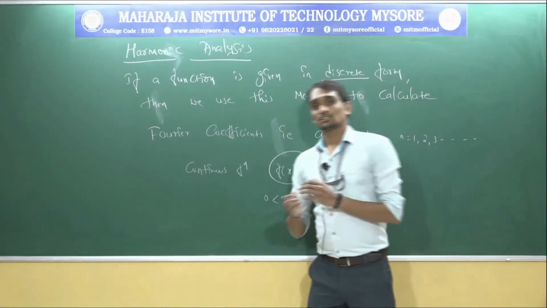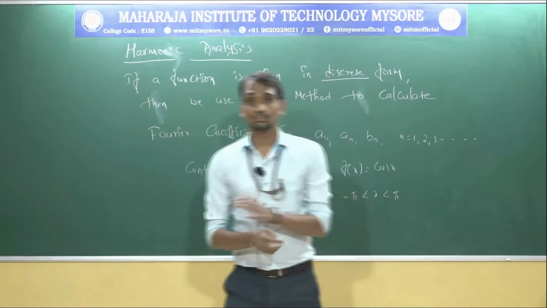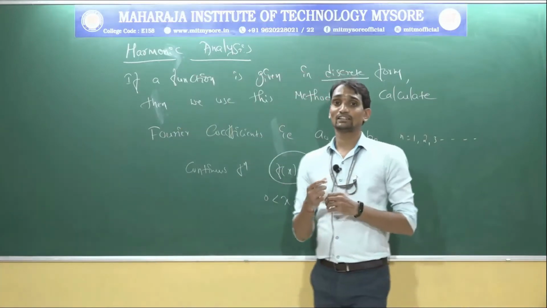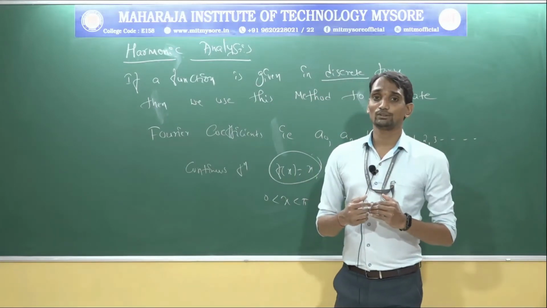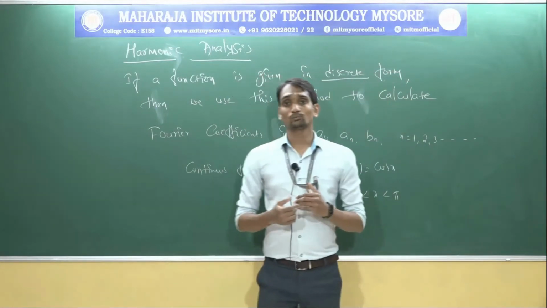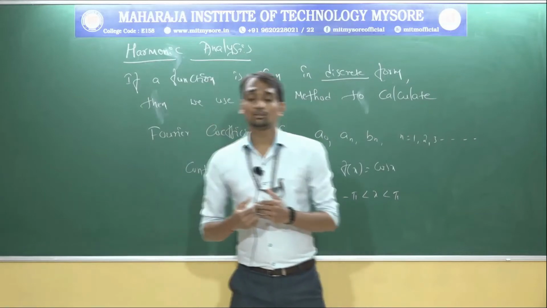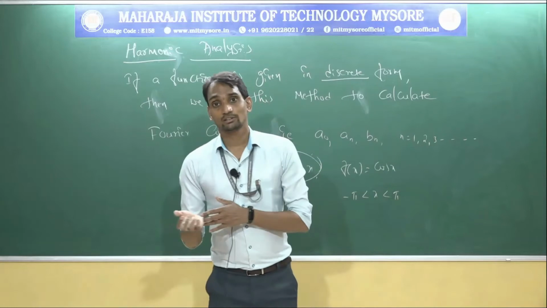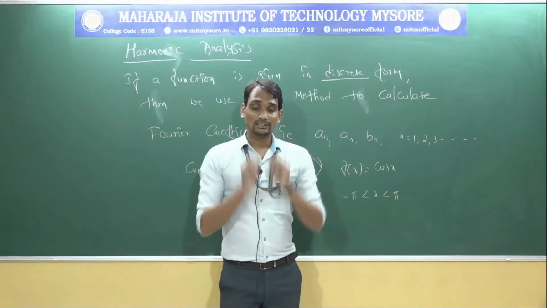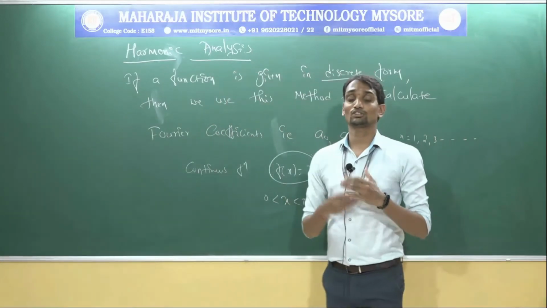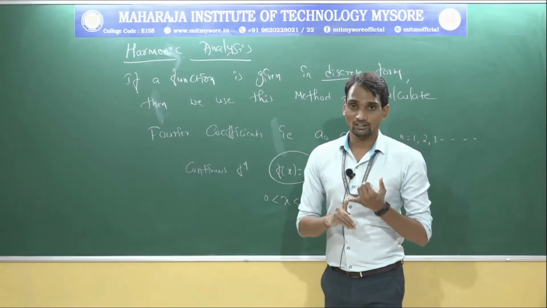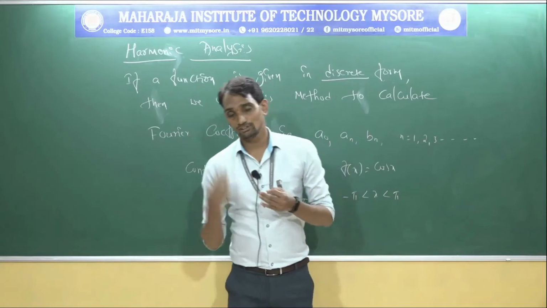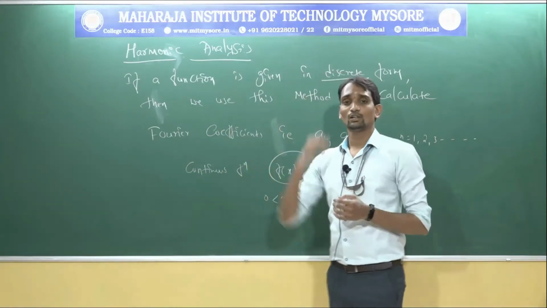Discrete values means some x and y values are already given, with no need of integrating. For x equal to 0, they give a y value; for x equal to 1, one more y value; for x equal to 2, one more, and so on up to the number of terms, say 5 or 6 terms. For those values, we need to calculate the Fourier coefficients a0, an and bn.